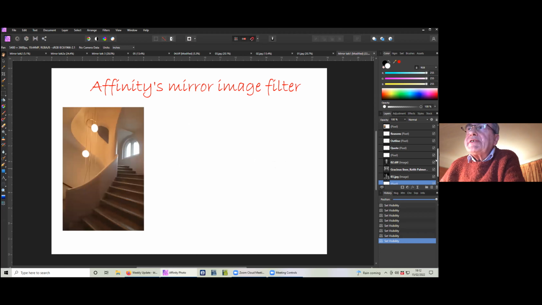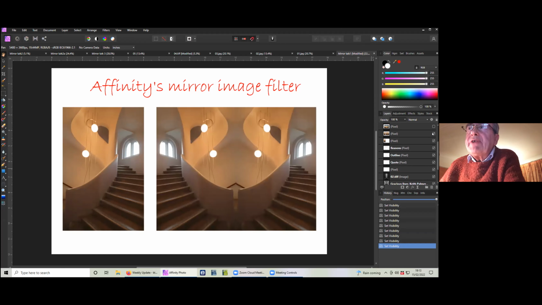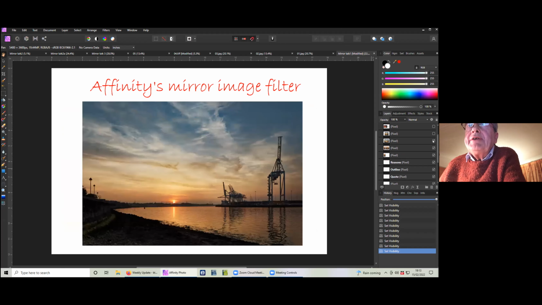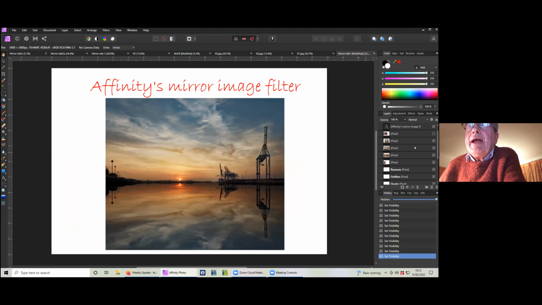So this is an example of the second kind. It's a nice spiral staircase, lovely flowing shapes. What would it look like if we had two staircases instead of one? And that's my exploration of that using the usual mirror flipping methods. And it's a matter of choice whether you like the one or both, but it gives you another possibility. And then in the first camp, here we have quite a nice sunset at the docks. What would it look like if we had a more interesting reflection? And there's my